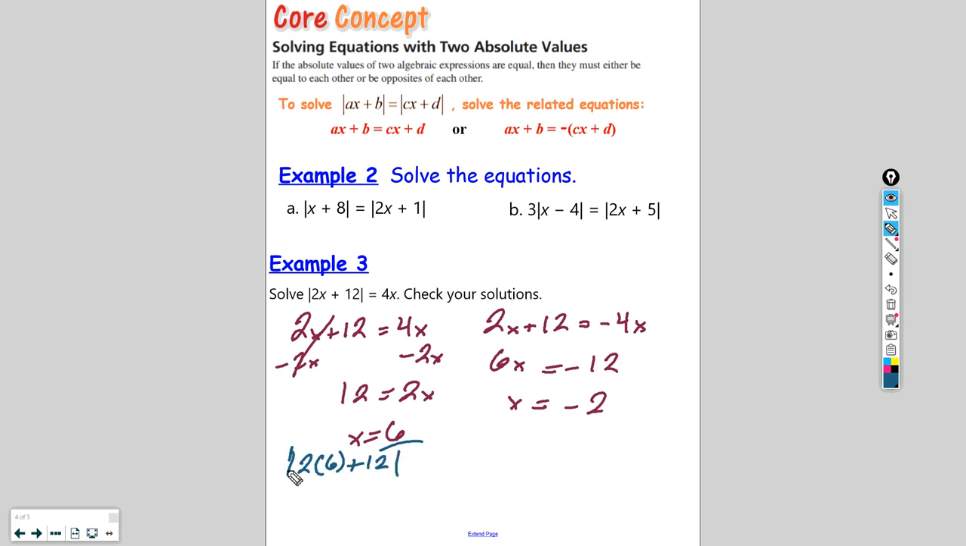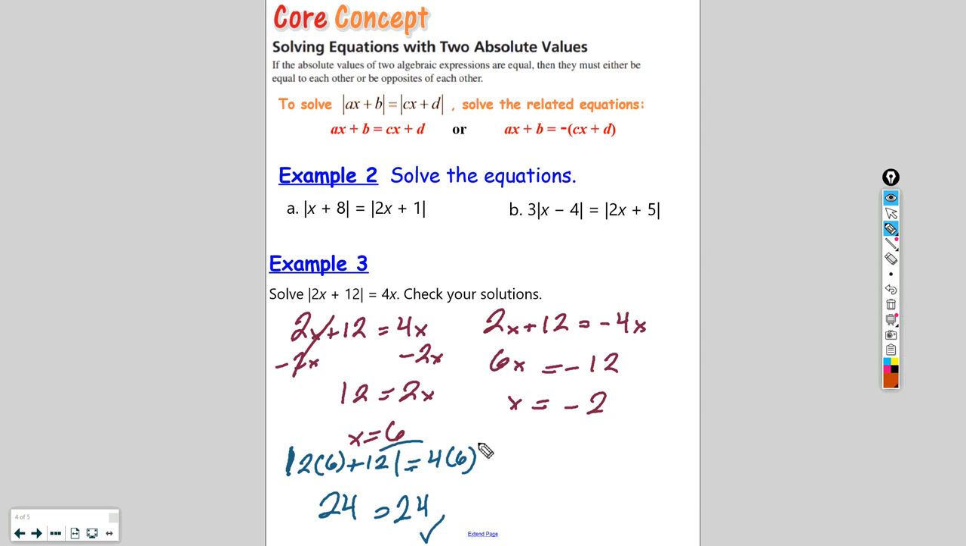I'm just going to do that whole thing. 2 times 6 is 12, 12 plus 12 is 24, and the absolute value would be 24. And then on the right here, that's 4 times 6, which is 24. So we can see that works. But in this next example,